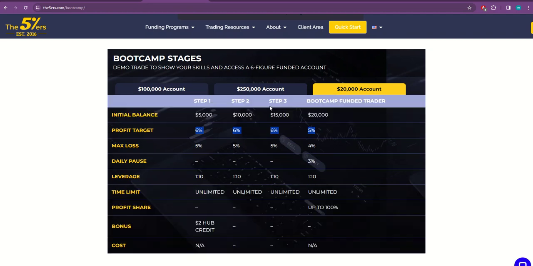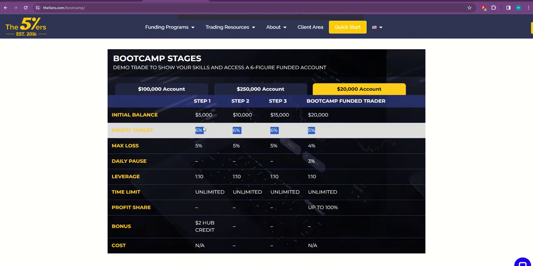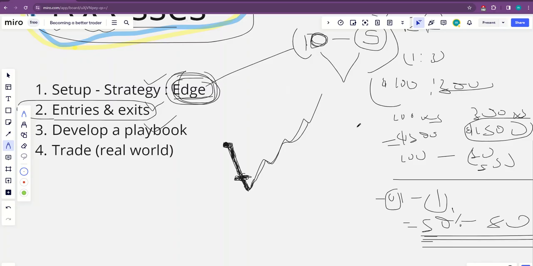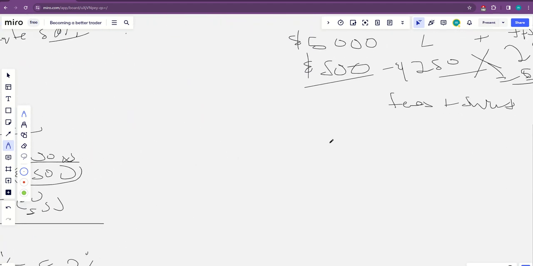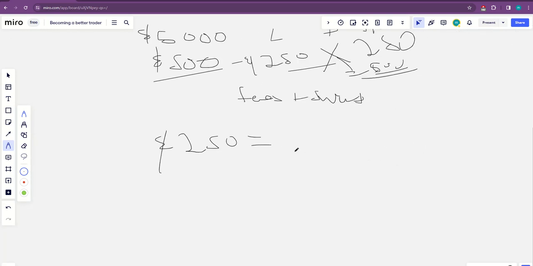But it's up to you to decide, because guys, remember, you have to be paying fees. Here they allow you, this is a $5,000 account, but they will tell you that you don't have to lose $250. And out of this $250, the more trades or swing trades you take, you're gonna realize that maybe you lose $50 of this account, and then the fees amount to $210. That simply means your account has been terminated. You lost their whole account, even though your overall loss is 50%. You lost it because of the fees.